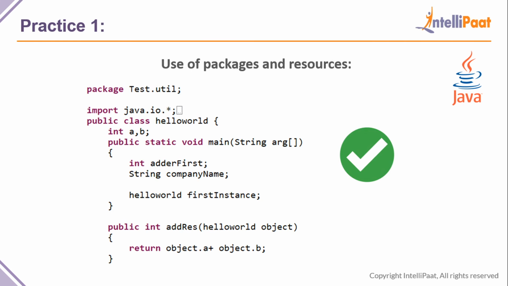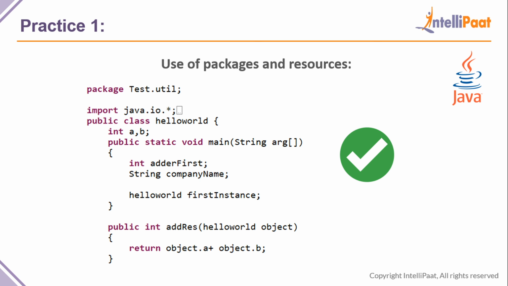Practice number 1, use of packages and resources. I'm sure you guys have made programs in Java before. You've done the import java.io.asterisk. So basically that is a package with the functionality of input output services all packed into one. So you're using a module basically to do all the input output functionalities with the import java.io.asterisk. Similarly, you can write separate classes, in separate class files, and bundle them into a package and use them in your programs,